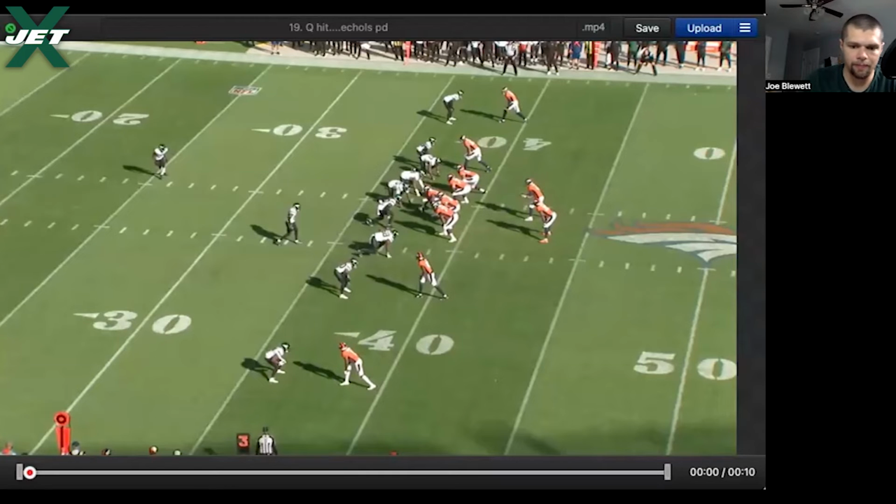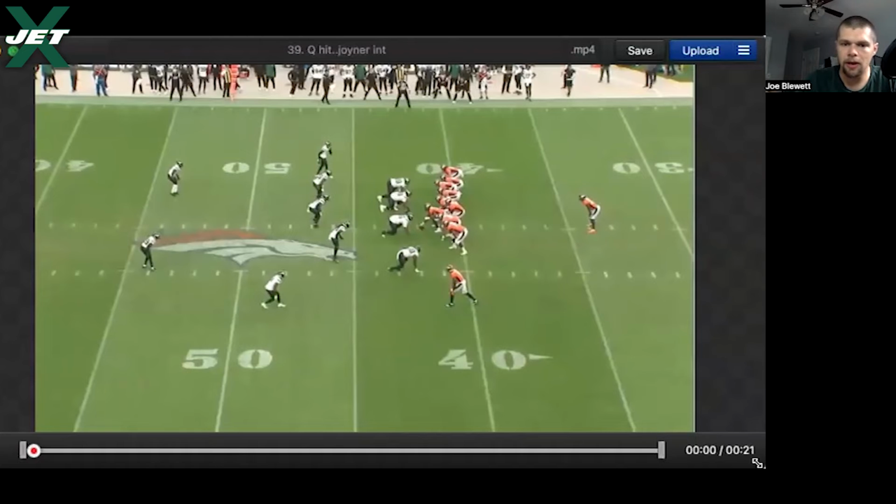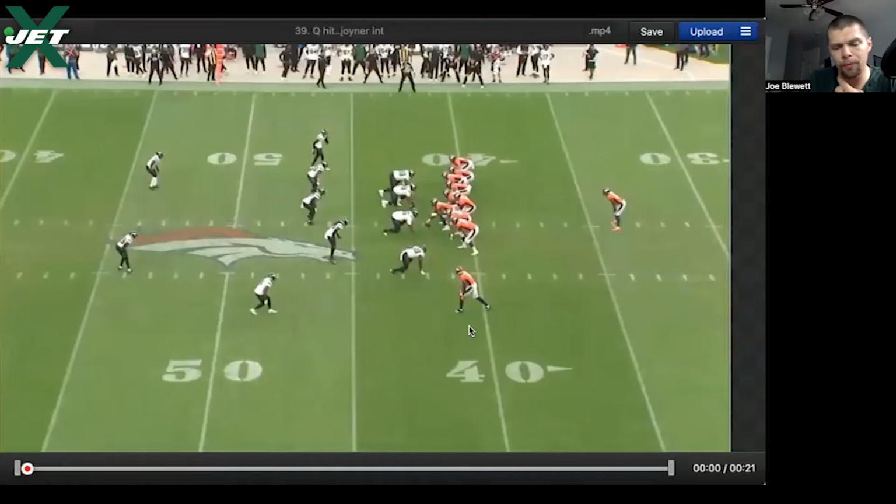And apparently, the refs, I don't know if it was just Sauce or all the corners and receivers for this game, but they have their pregame, not meetings, but I'm sure they chat before, and they said they're going to let them play a little bit today, which was evidenced by a few plays. A few push offs from the Broncos, few potential holds or DPIs from the Jets, but nonetheless,